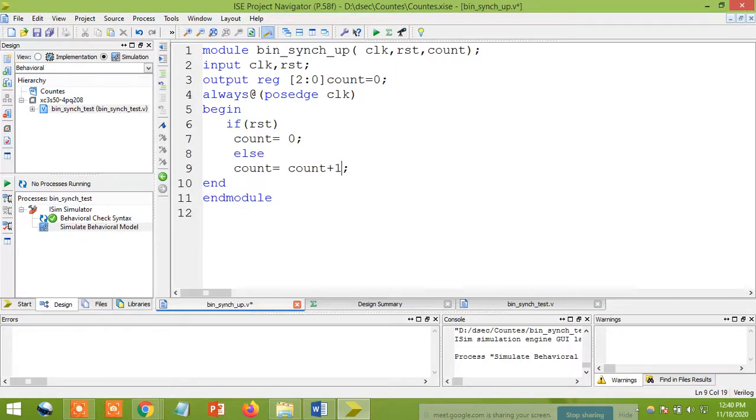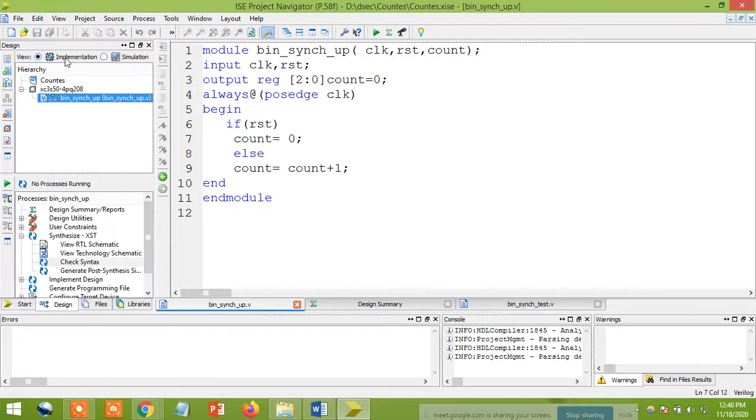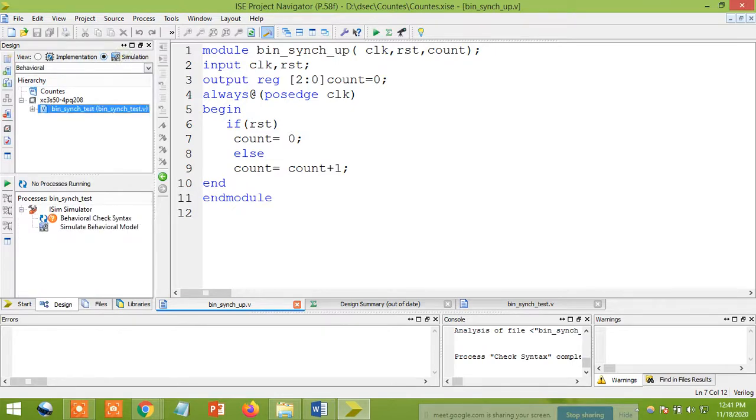Clear about this one? So I give an initial value of 0 and make my count value initial value 0. Instead of taking 3 bits of 0 0, I'll take 0 only, and here I've taken 1. I'm just reducing my program. Next, again you just save. It should be implementation and check syntax. If implementation is highlighted, then only this check syntax will come, otherwise it will not. Yeah, no errors. So no need to change anything in the test bench program.